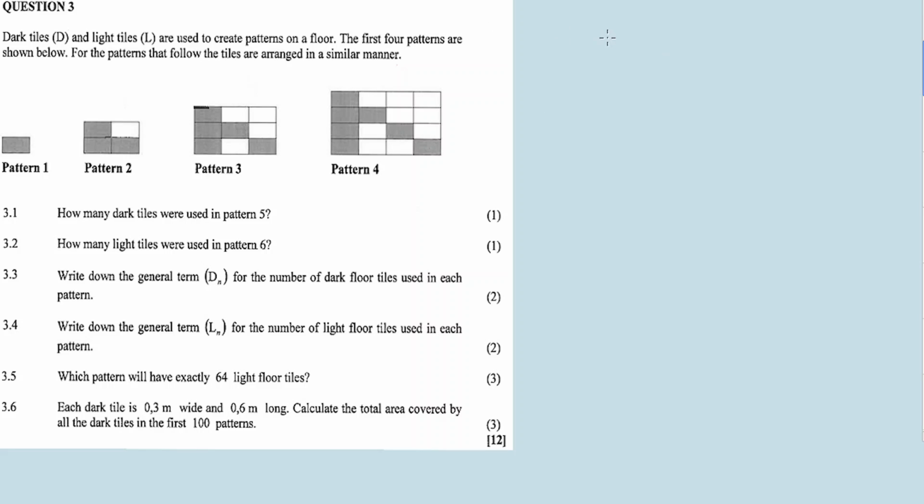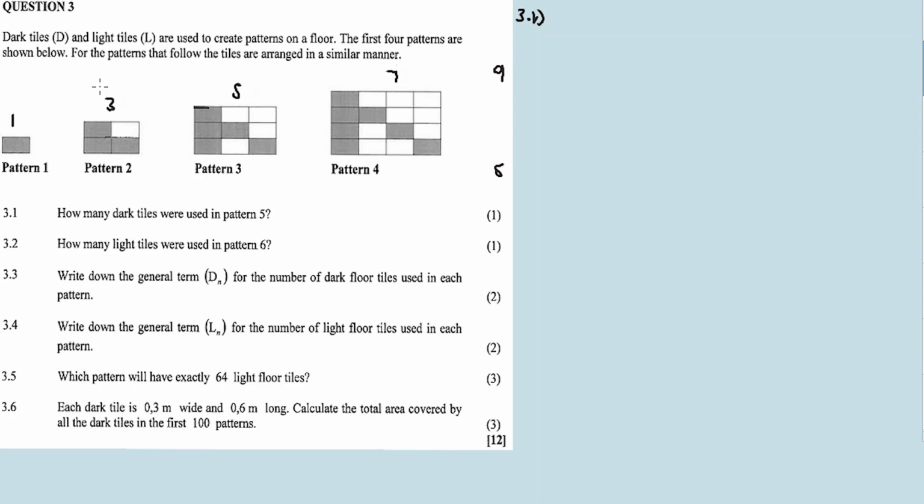So like 3.1, they give us a question, they want us to find the number. They ask how many dark tiles were used in pattern number 5. In order to find the dark tiles in pattern number 5, we have to understand the pattern of these dark tiles. We see that we have 1 dark tile in pattern number 1, pattern number 2 has 3, pattern number 3 has 5, pattern number 4 it's 4 plus 3, it's 7, pattern number 5 it's definitely